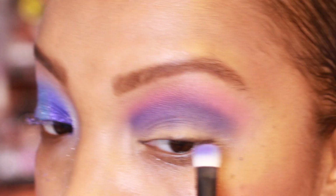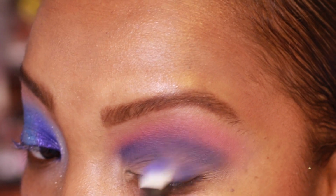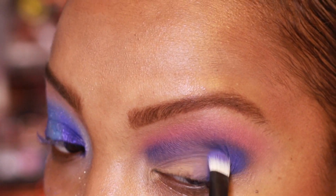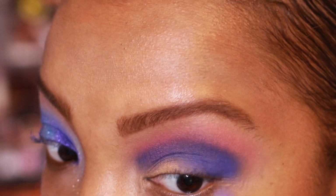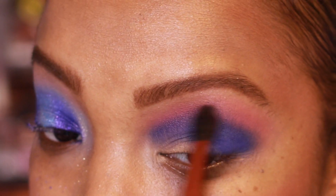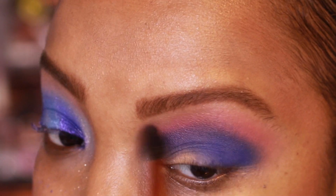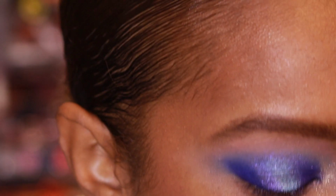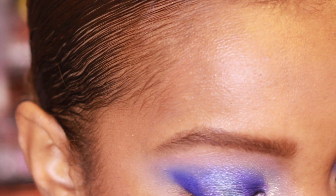Rephr number 02, going to take that same shade Fury, and I'm going to just start building it up on the outer. Now with a MAC 224, I'm going to blend these two shades together so they're a little bit more seamless. Sonia G Builder Pro, going in with Nawa O, and I did get a little bit of that glitter in